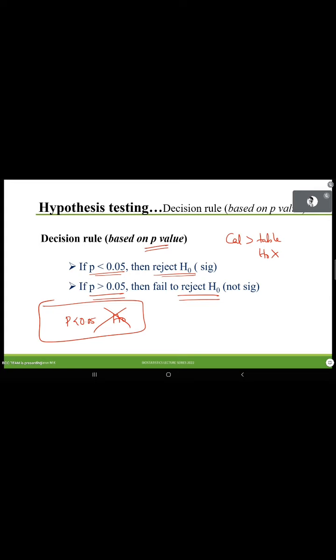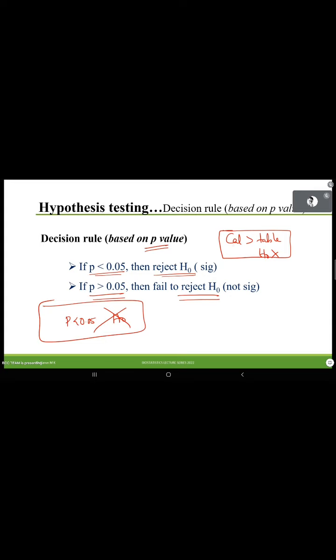This is a statistical decision rule we should use for all the hypothesis testing procedures. When you go for manual calculations, MSc students, you should use this one because we are not calculating the p-value manually. It is a little complicated. You should calculate the t-statistic or F-statistic or chi-square value and compare with the table value given in the question paper. When the calculated value is greater than the table value, reject the null hypothesis.